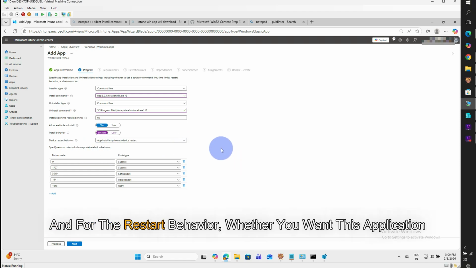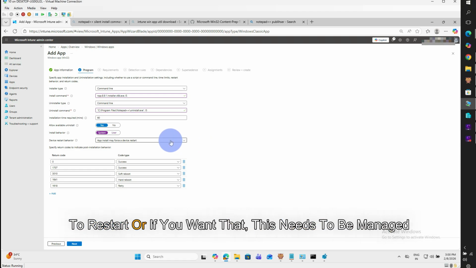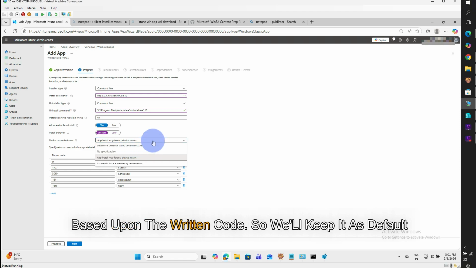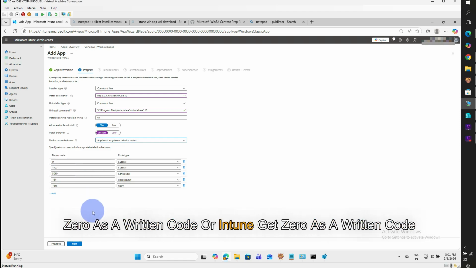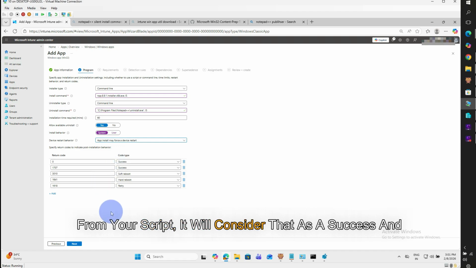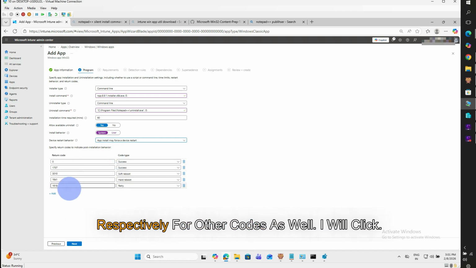And for the restart behavior, whether you want this application to restart or if you want this to be managed based upon the return code, we'll keep it as default. These are the default exit codes. So if your application gets 0 as a return code, or Intune gets 0 as a return code from your script, it will consider that as a success, and respectively for other codes as well. I will